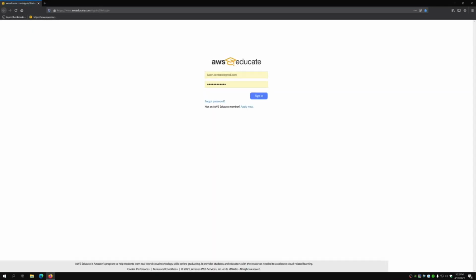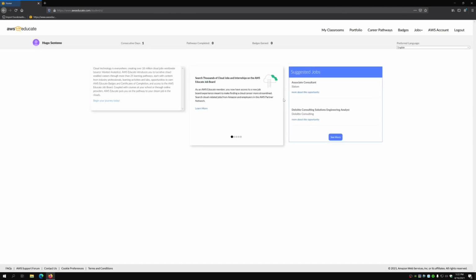It's AWS Educate, and then sign in. You should have this link in the email after you finished setting up your account. I do recommend bookmarking it as you'll be using it in the future to log in. Go ahead and sign in, and once you're in, you want to go ahead and click on My Classrooms on the top,